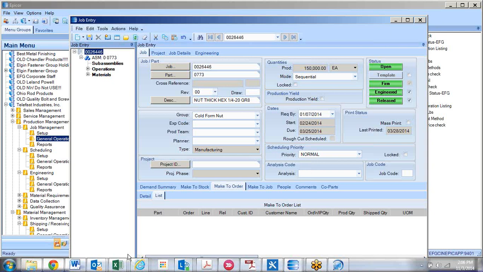But you can absolutely combine, and if you're making the stock, even though you're seeing the suggestion that says you should make this amount, you could increase them. Now, do you run MRP? Yeah, they run MRP. So MRP is going to create an unfirmed job that you can firm up, but then